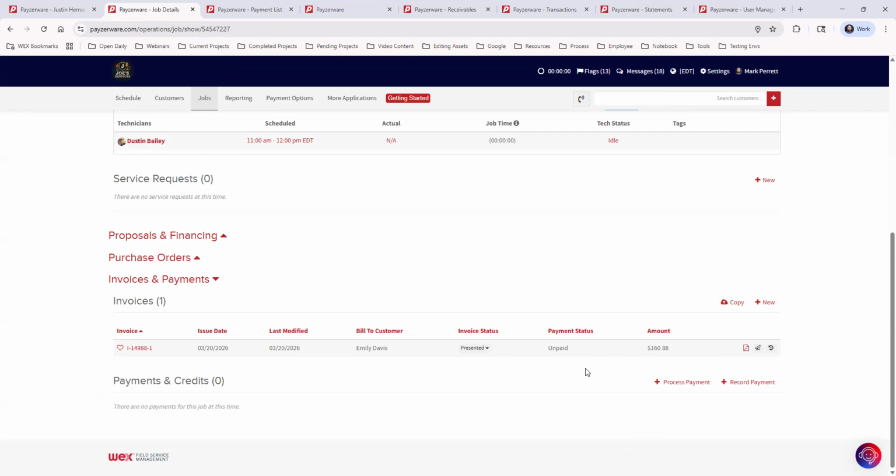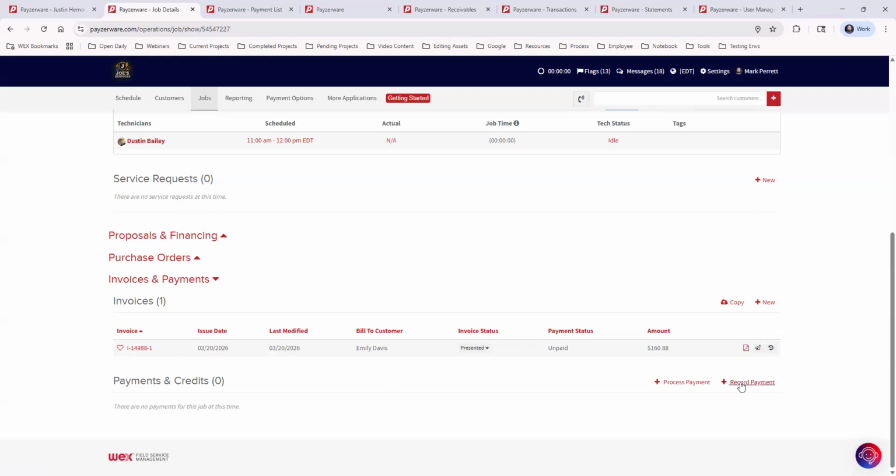Cool. And so once that payment has been made from the customer, you will see that payment below here in the payments and credits section. This will automatically update and change to paid, and the invoice status will go to signed if they have signed it. If they don't sign it, then it will just go to closed. But you can also take a payment directly from here. I don't even need to open the invoice. Let's record a payment, and it's